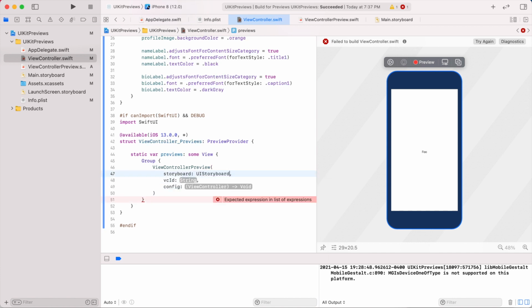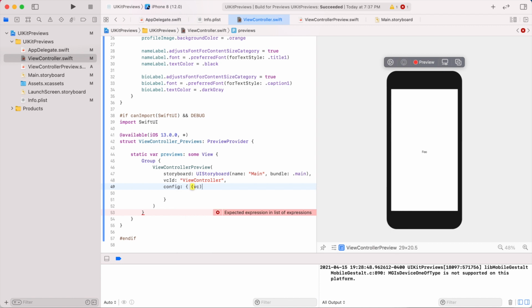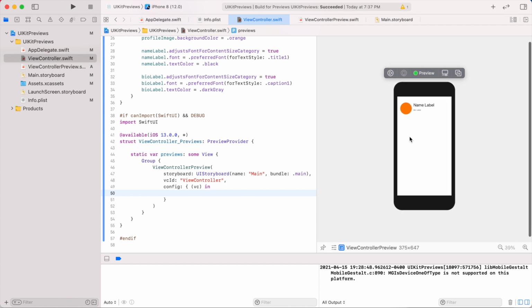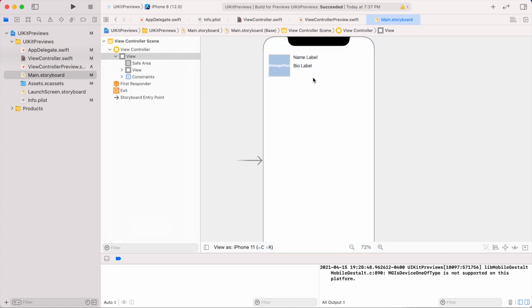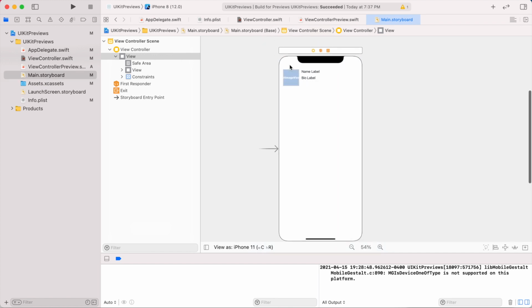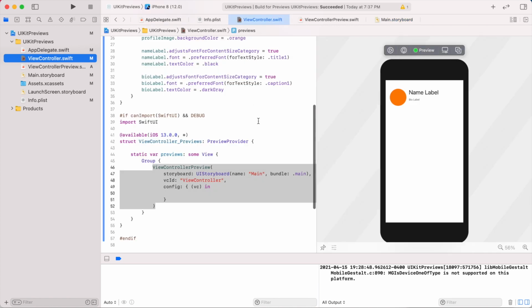So it's coming from the main storyboard. The identifier is just view controller. And then here we get access to the view controller before it gets rendered. So immediately we see our storyboard is rendering in our preview, which is pretty cool, which in itself isn't that handy because it's not really any different than just looking at it in here. I mean, it does a little bit of styling, which is nice,